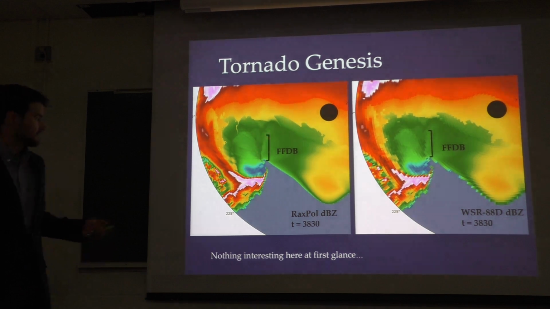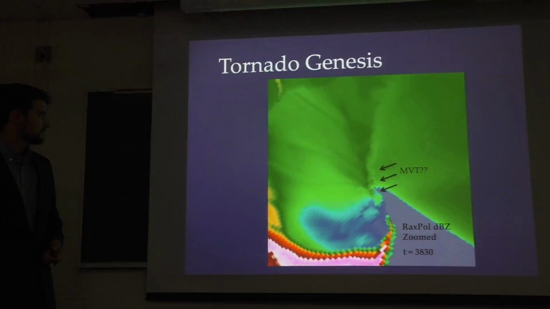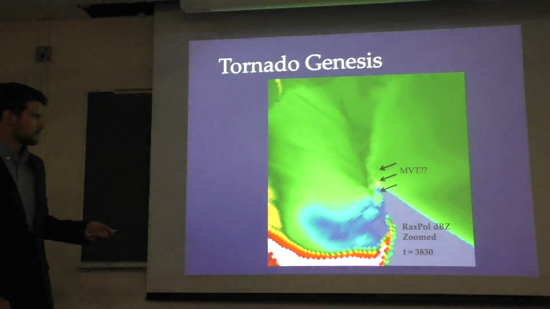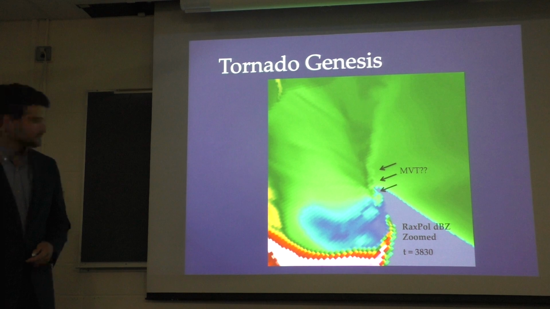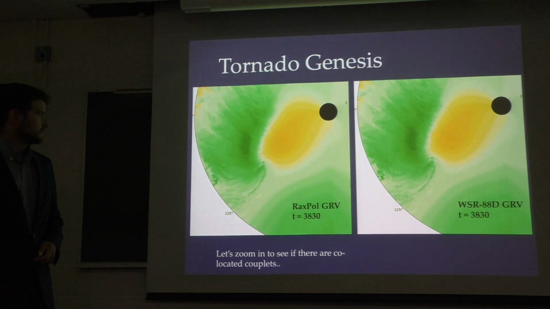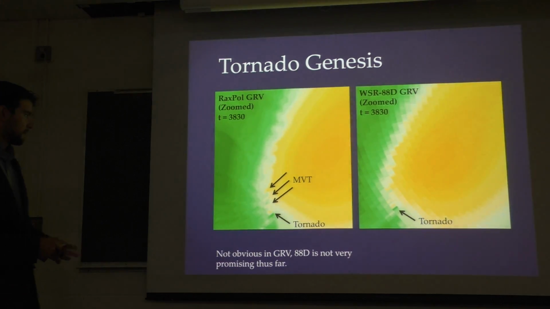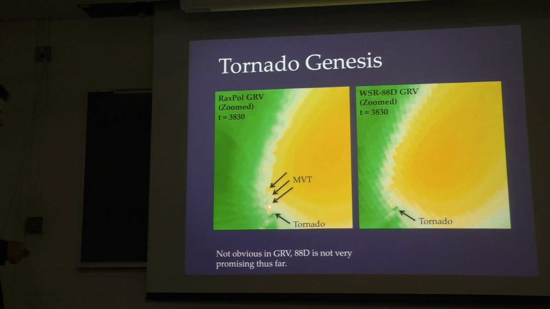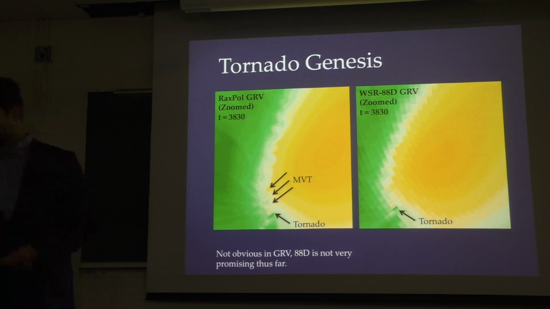It basically looks like the same thing at first glance, but if you zoom in, you'll notice these little nodules along this boundary. And if we go to velocity data and zoom in on that, now here's a couplet, here's a couplet, here's a couplet, here's a couplet. We're starting to see these vortices show up in the radar data. You would have to really be scrutinizing that data to get those nailed down.